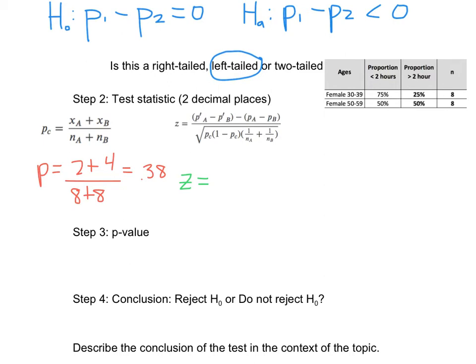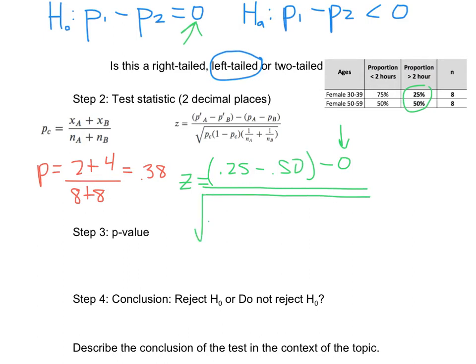So we can now calculate the Z test statistic. Our sample proportions, P prime A and B, which we're calling P prime 1 and 2, we'll subtract those. So from the table, we're using these values. It's a proportion greater than 2 hours, so 0.25 minus 0.50. And then we subtract the difference between the values in the null. So this is 0, so that's why we subtract that 0. Divide that by our PC value, 0.38, times 1 minus that, which is 0.62, times 1 over the sample size from the first sample, plus 1 over the sample size from the second sample. They just happen to be the same. That's not always the case. It's okay if they're different. That results in a test statistic of negative